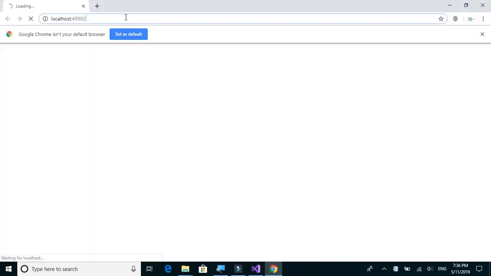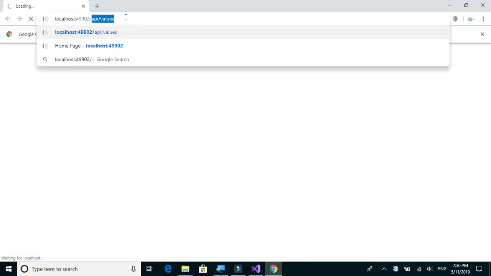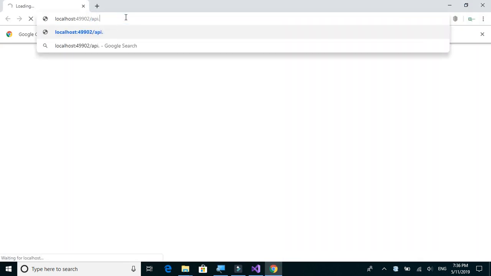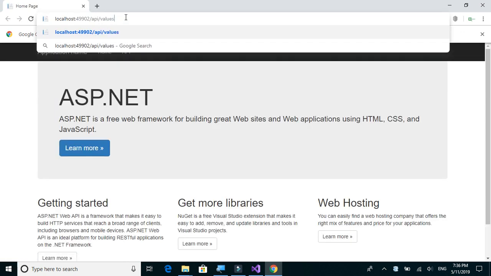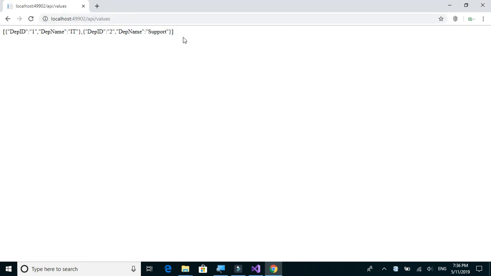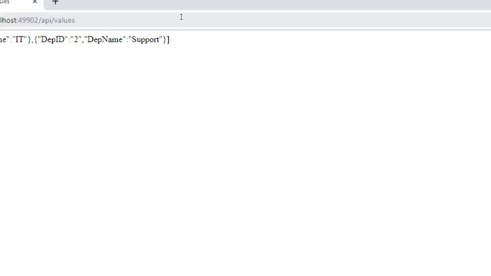Okay, so let's call this get method using /api/values. Okay, so you can observe that the